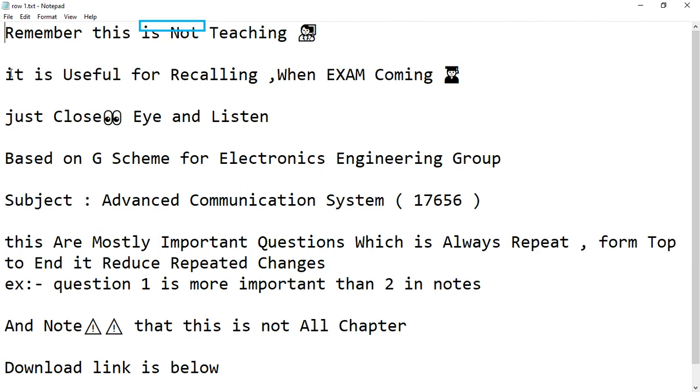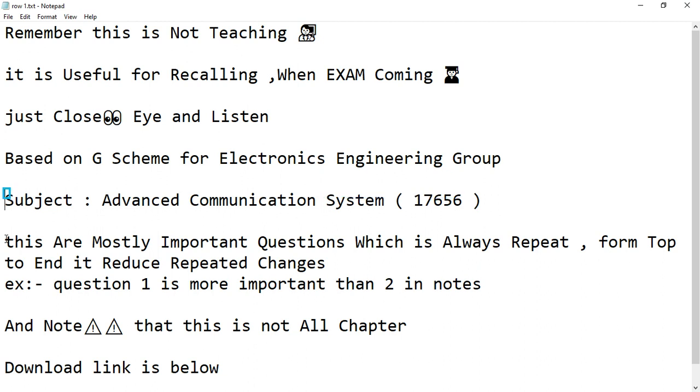Remember, this is not teaching, teacher. It is useful for recalling when the exam is coming, student. Just close your eyes and listen. Based on the G scheme for Electronics Engineering Group. Subject: Advanced Communication System,